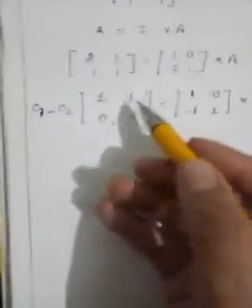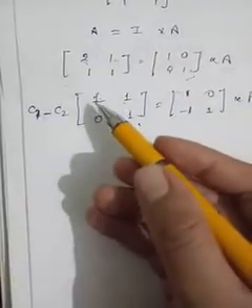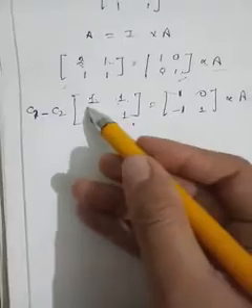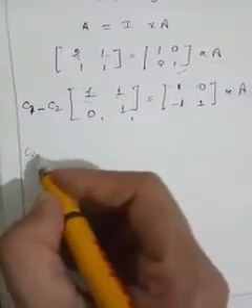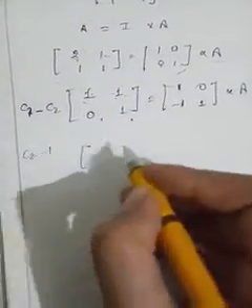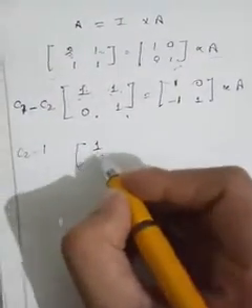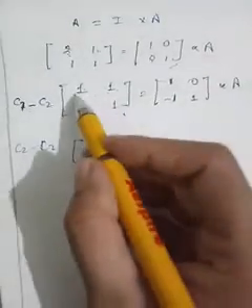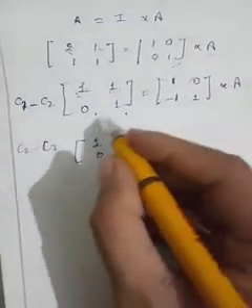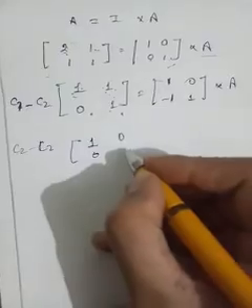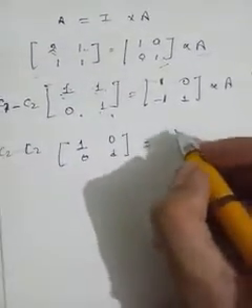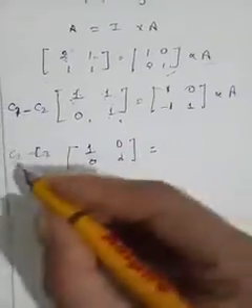So making this element 0, we have to subtract column 2 from column 1. So this is 1, this is 0, and column 1 minus column 2: 1 minus 1 is 0, and 1 minus 0 is 1. Okay, this can be written as the identity matrix. And now, beta, whenever you apply C1 minus C2,